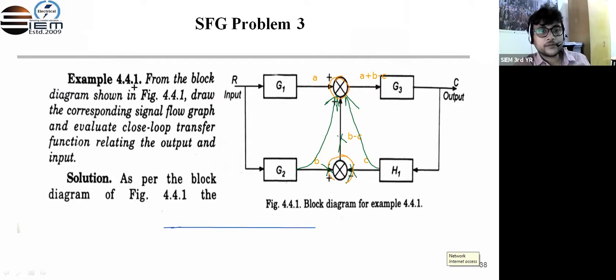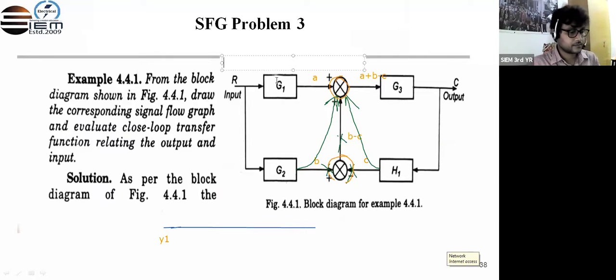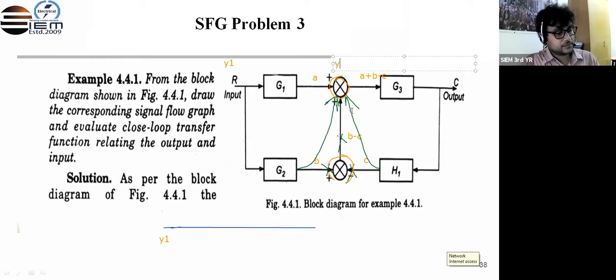If this is y1, this is y1, and this is y2, and this is y3, and this is y4. Okay, so